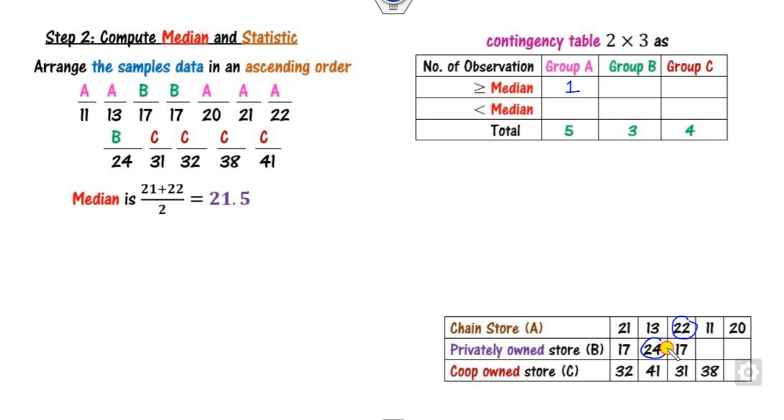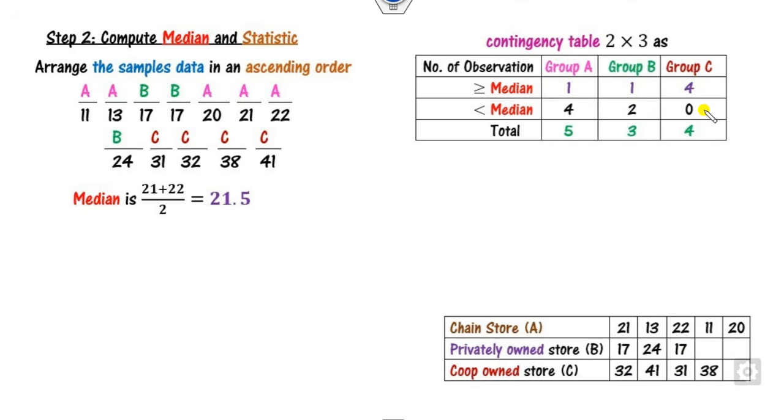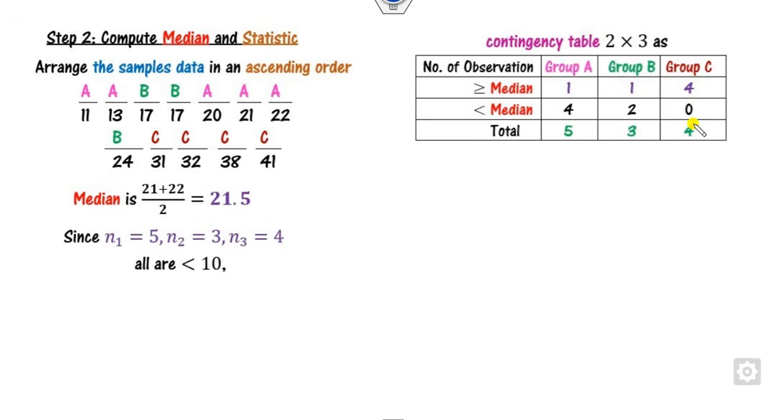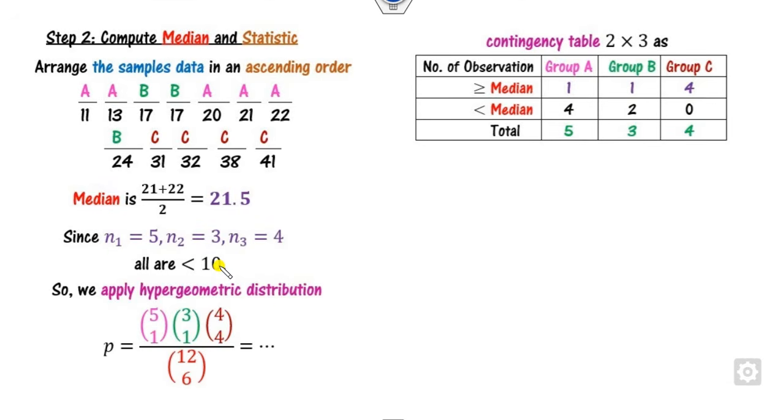How many observations are there? There is again only 1. How many observations are greater than 21? All are there, that is 4. So I need a total. This value is my 4, this value is my 2, this value is my 0. Now since each of the observations is less than 10, we can use the hypergeometric distribution. Once you solve this, that is 5C1, 3C1, 4C4 divided by the total. The total of this is 12. Once you solve this, you will get this value as